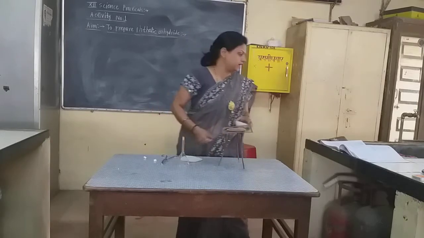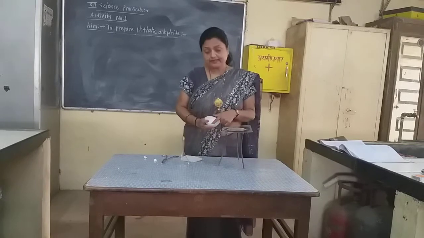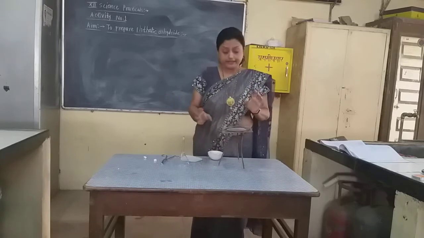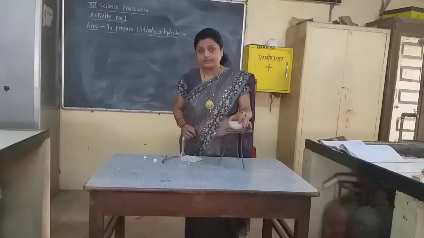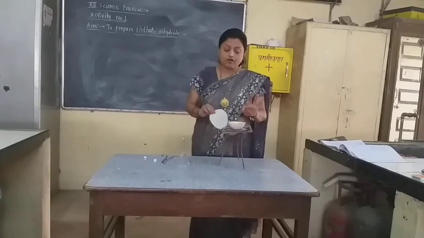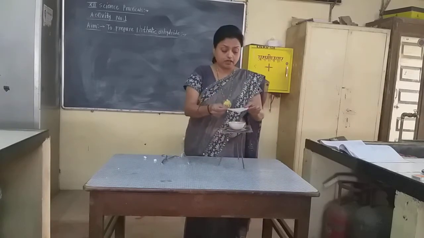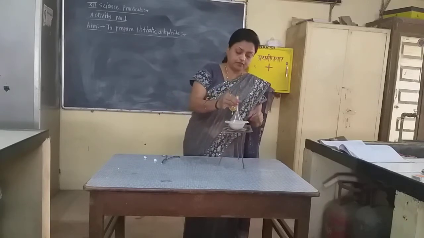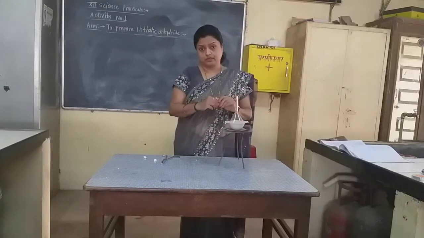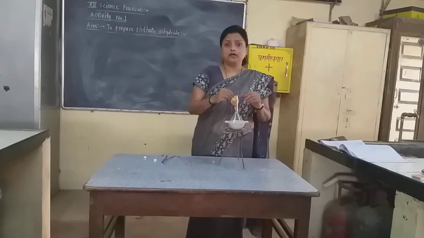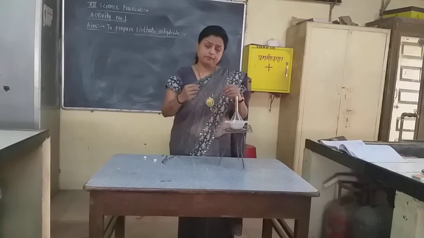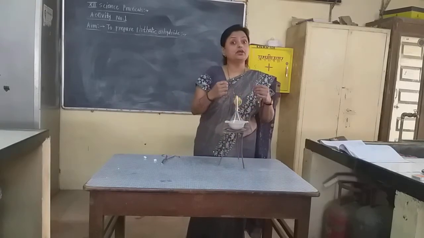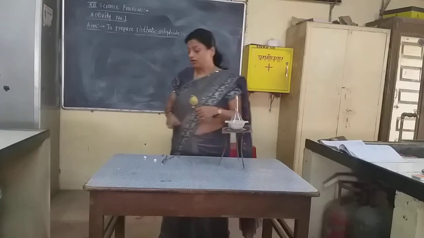Now we have to take about 2 gram of the phthalic acid into the evaporating dish, and for heating we have to put it on this wire gauze. Then you have to cover the evaporating dish with the porous filter paper, put the funnel on it, and then start heating this. After heating for 5 to 10 minutes, and after cooling, you get needle shaped phthalic anhydride crystals. Now how will we do that?